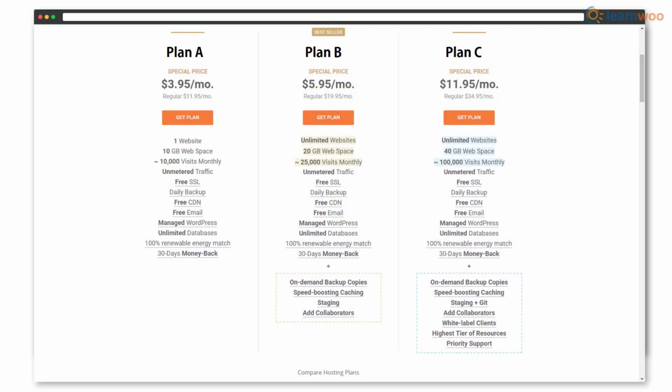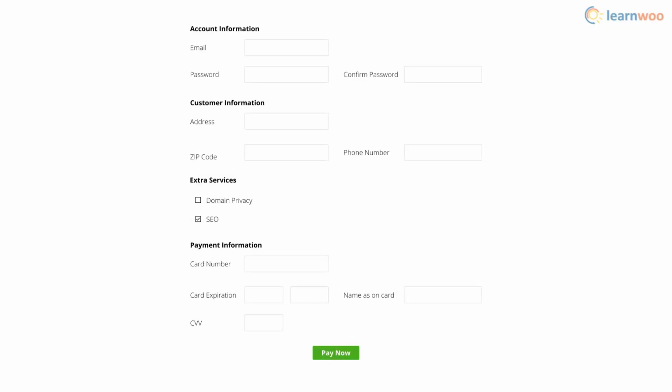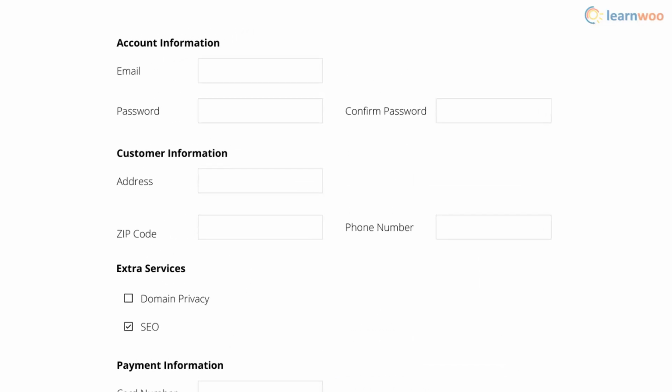The service will offer you multiple paid plans like these. Depending on the price, web space, and other features, choose the best plan for you. On the next page, you'll have to search for and select your online store's domain name. Hope you've thought of a name already. On the final page, you'll have to create a new account with the hosting provider with an existing email and